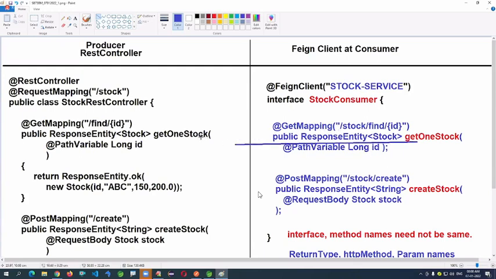Return type must match, parameter must match, path and HTTP method must match. Method name need not match. Then it will generate the load balancer client code. You remember?